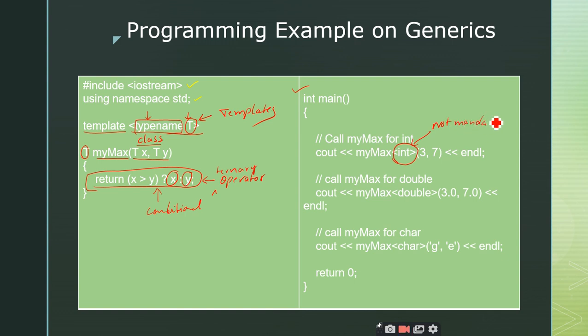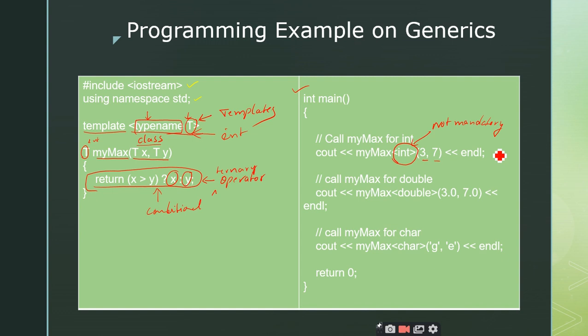Even if you don't give the angle brackets with int, it will look at 3 and 7 and take the data type they belong to. Since 3 and 7 are integers, T becomes int. Therefore the entire function becomes int mymax of int x comma int y.